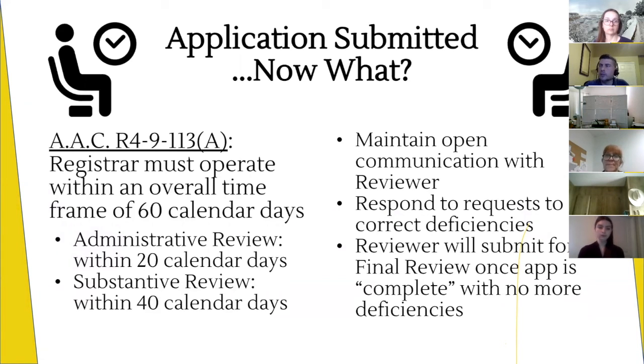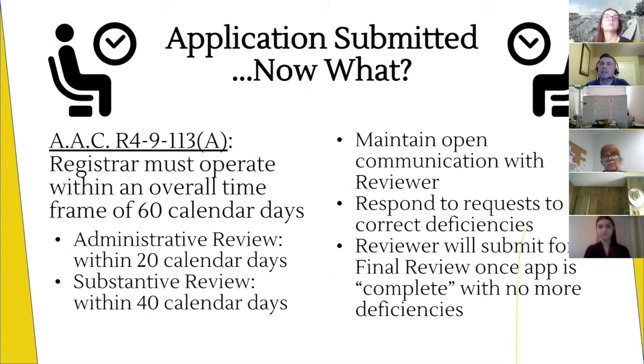So you've done everything you needed. You used the portal, you sent us the paperwork, however you're going to apply. Now what happens? We have 60 calendar days to review that license application. The first 20 days are used for an administrative review. The last 40 days are used for a substantive review. I'm telling you what is required. What happens right now if you submit an application,